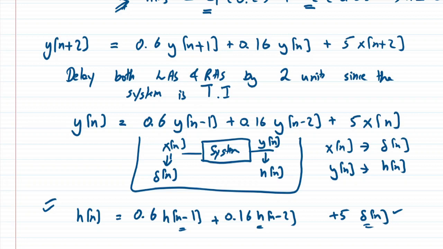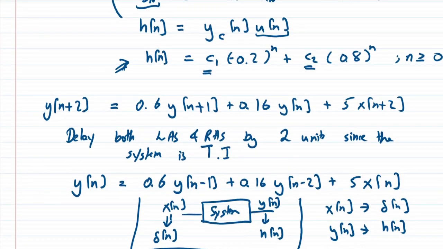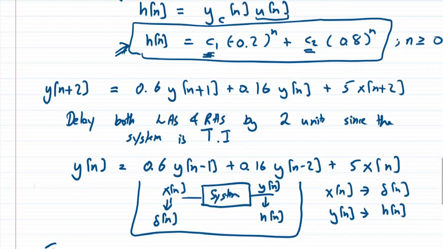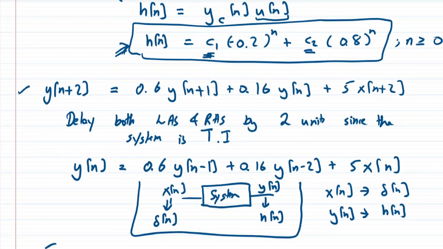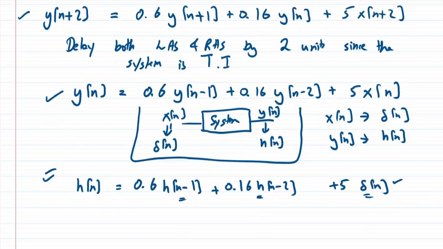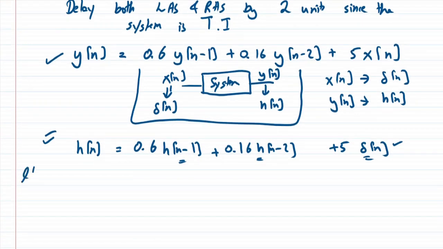So note that what we need to do is basically find this expression, right? And we need to specifically find the values of C1 and C2. For that we wrote the difference equation, used a delay, and then changed the input to a delta function, so the output changed to the impulse response. Now if we use an iterative approach,